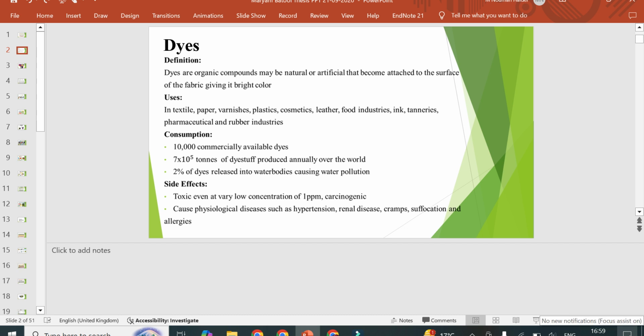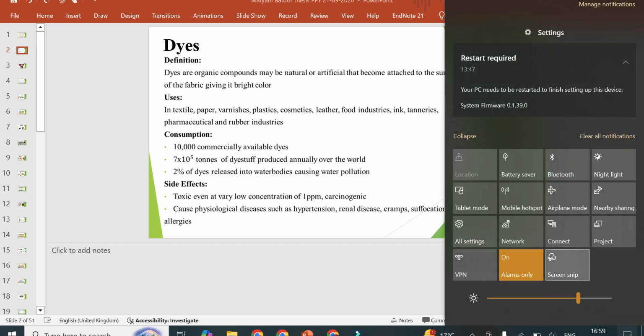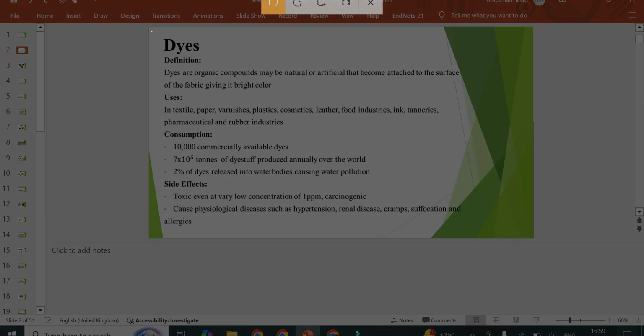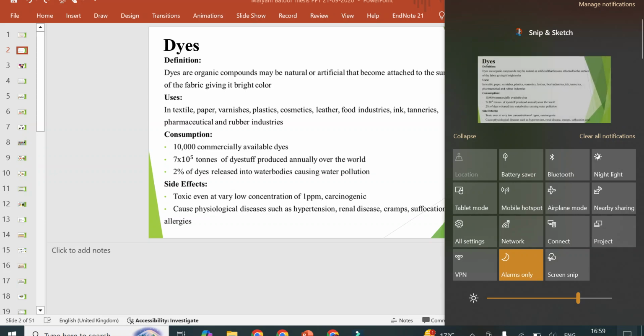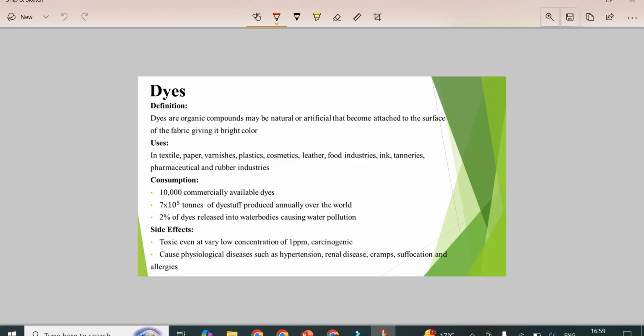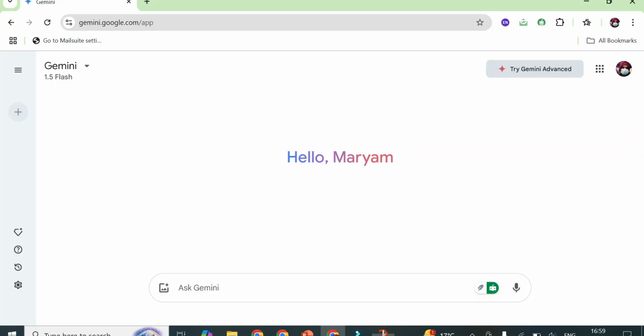If I just make a screenshot of this slide, I can copy paste the data as well, the complete text, but I can also take a screenshot of the slide, and I will copy from here, and I will go to Bard AI and paste the image by pressing Ctrl V, and I will ask, hi Bard AI, can you make